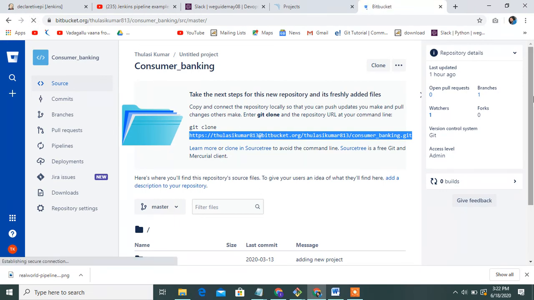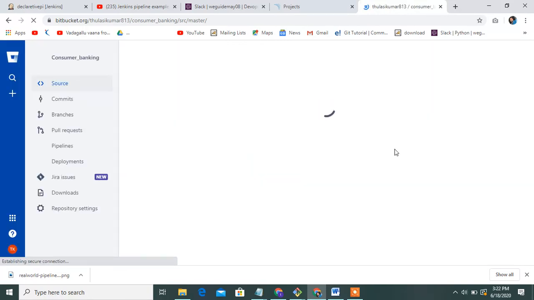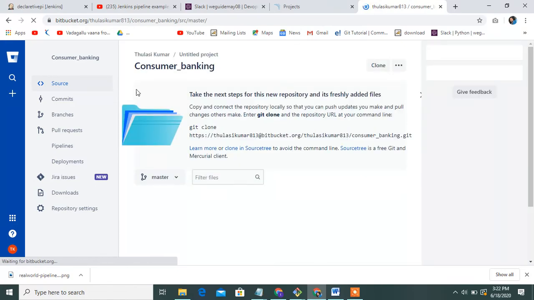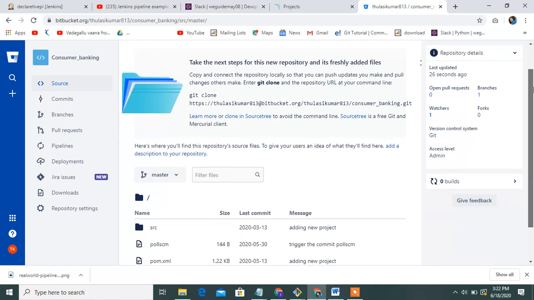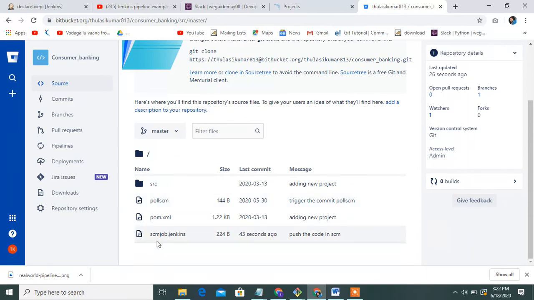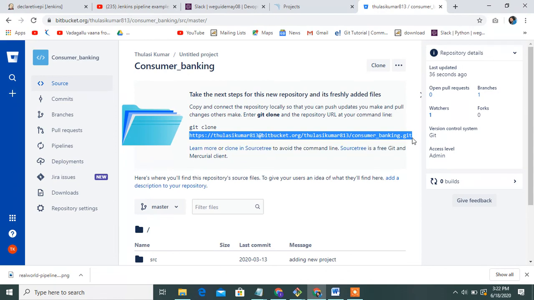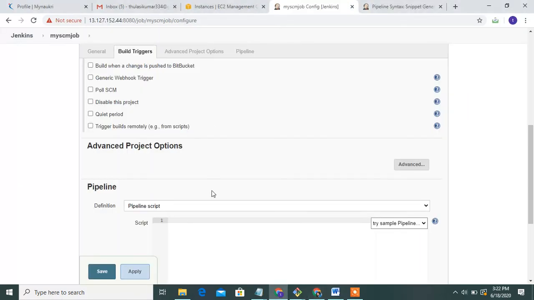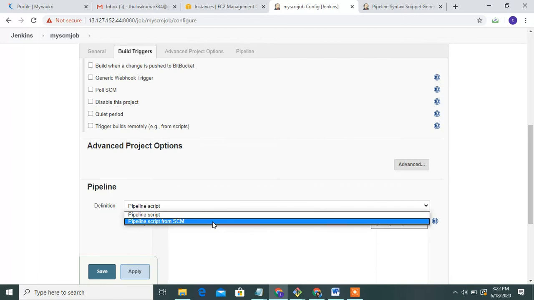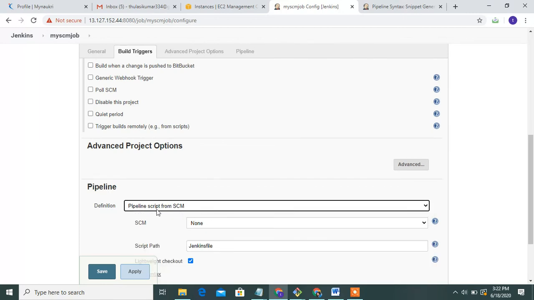I will show it. Refresh Bitbucket once, go to consumer banking, my project. See this, the scm job.jenkinsfile is created. Then copy this URL. Copy this Bitbucket URL and go to my project, select the pipeline script from SCM.